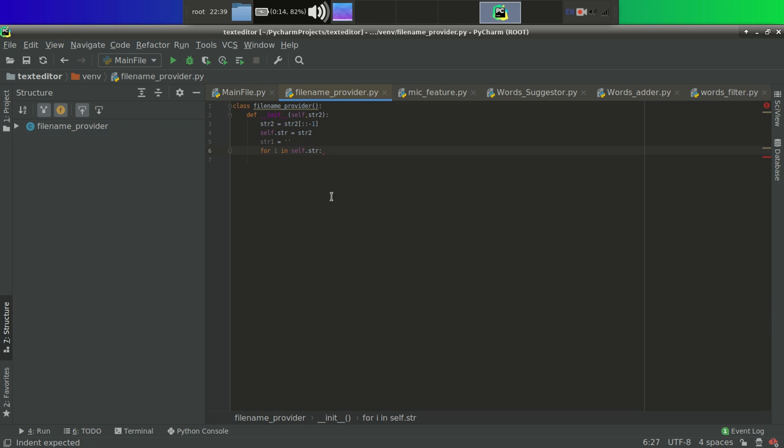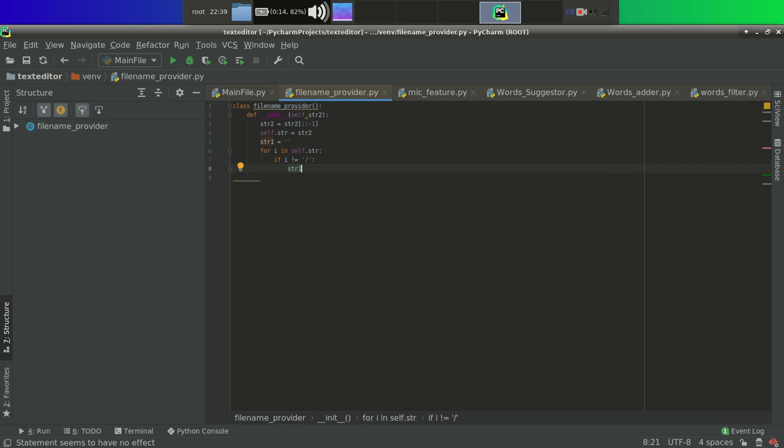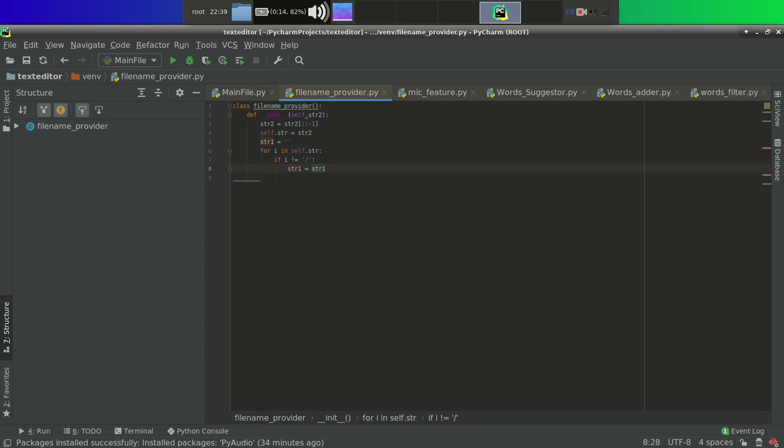So I am traversing in that string, and I am putting a condition: if i is not equal to \n, meaning if I have not found it till now, then I will simply add that index to this variable str1, str1 plus i. So that index will simply be added to this str1.